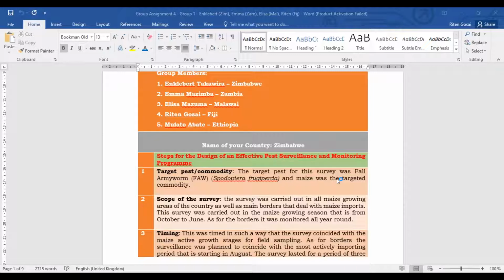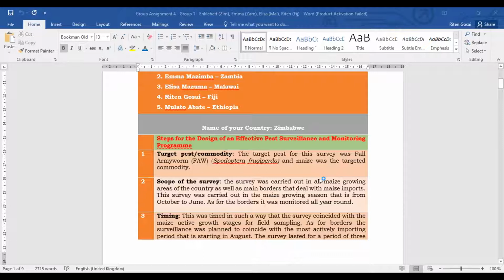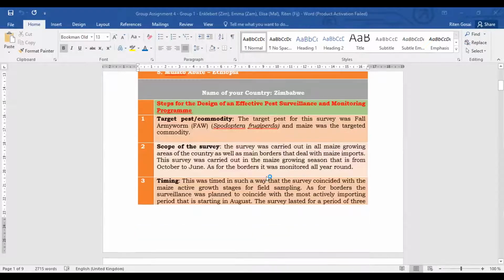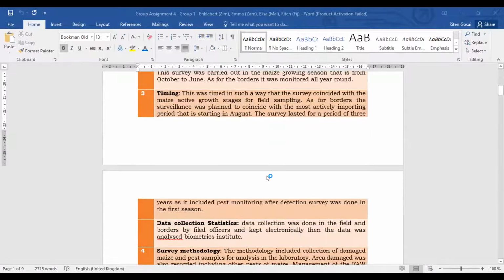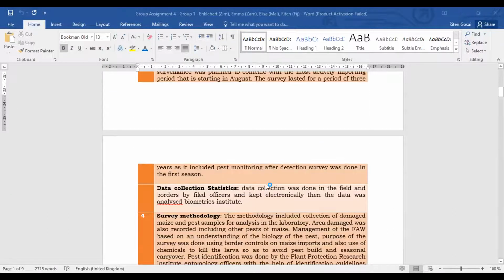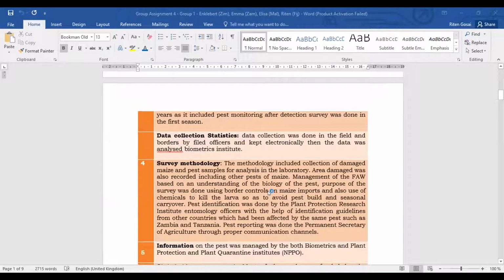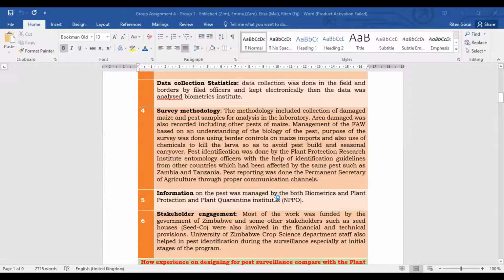So we had Enclebet from Zimbabwe, Emma from Zambia, Elisa from Malawi, myself and Mulato in this group. I think more or less all of us have kept the same structure in the sense that we've talked about the design elements for an effective pest surveillance program: the target pest and commodity combination, the scope of the survey, the timing of the survey, data collection and statistics, the survey methodology, as well as stakeholder engagement. So for Zimbabwe,